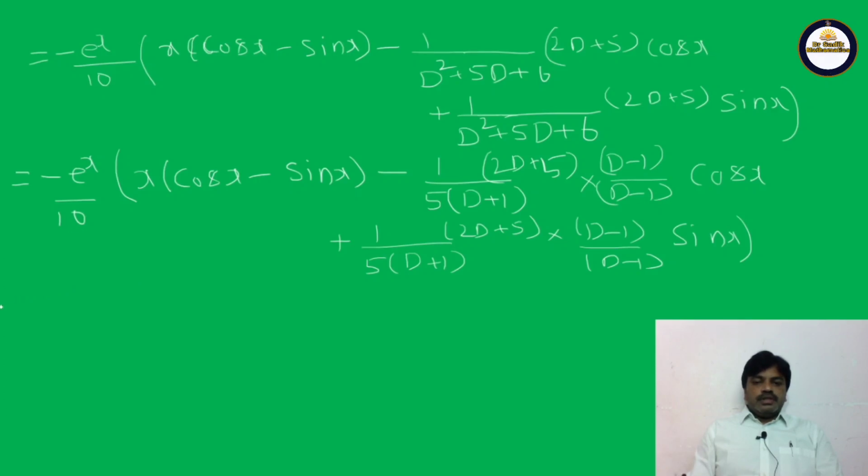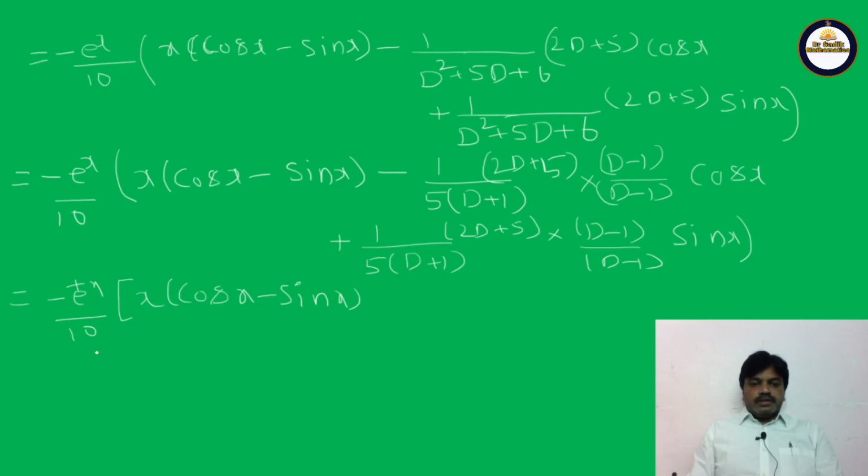So that is equal to minus e power x by 10, bracket, x into (cos x minus sin x), bracket close, and then